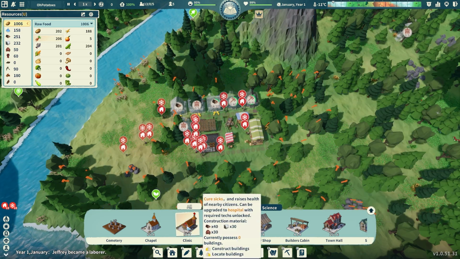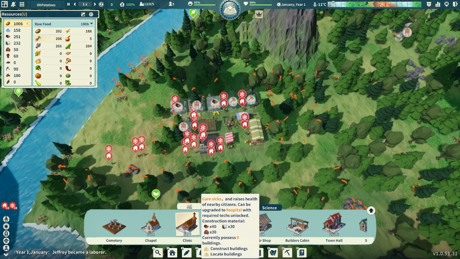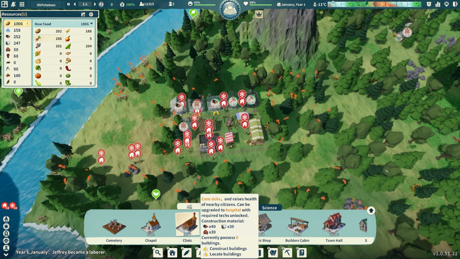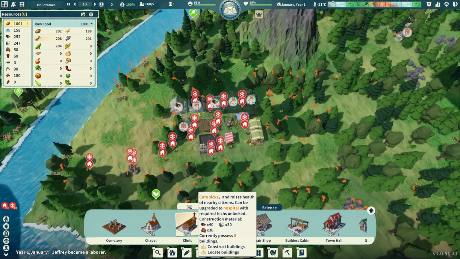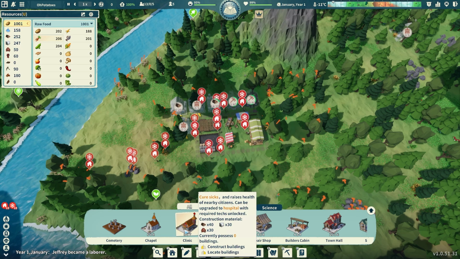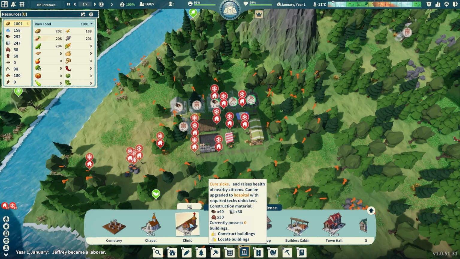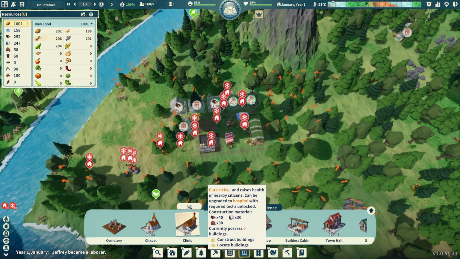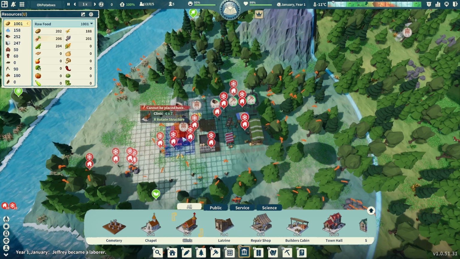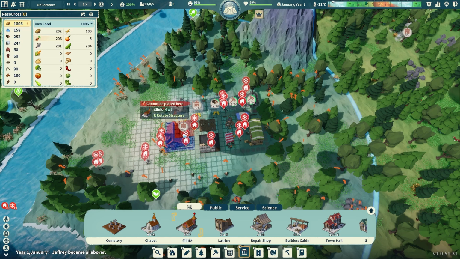Okay, what else do we have? A clinic. Okay, so Cure 6. I feel like illnesses maybe would have been a more appropriate word there. And raises health of nearby citizens, can be upgraded to a hospital with required techs unlocked. I think we're going to need one of those because if I remember correctly, people break their legs and arms left, right, and center in this game. And we're going to need somebody to be there helping them out. So let's pop that kind of...